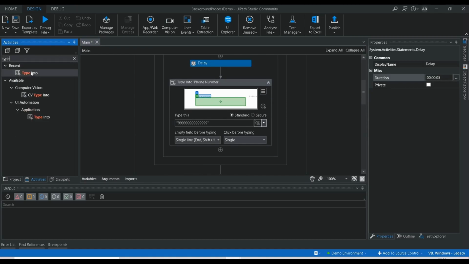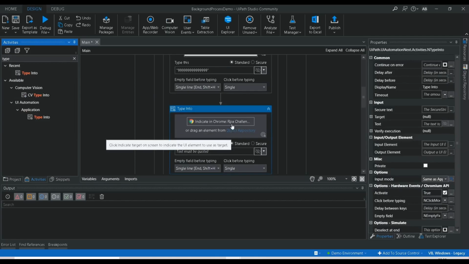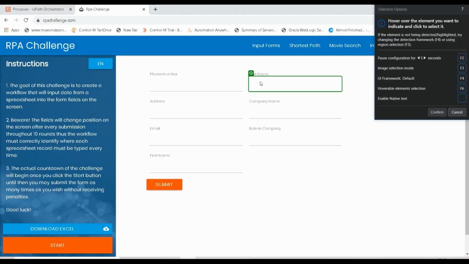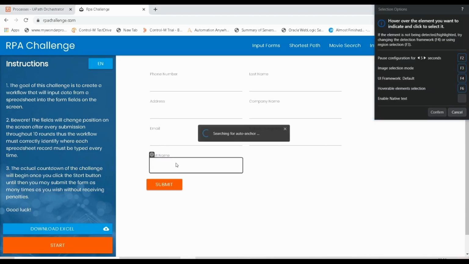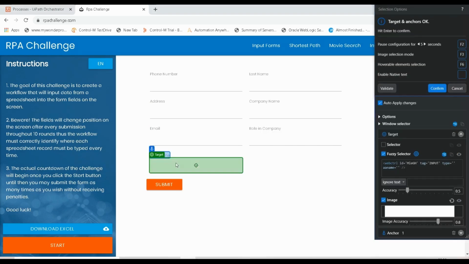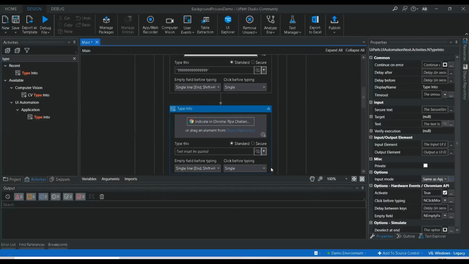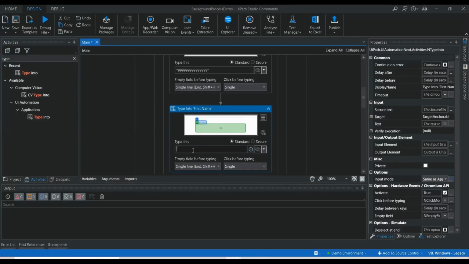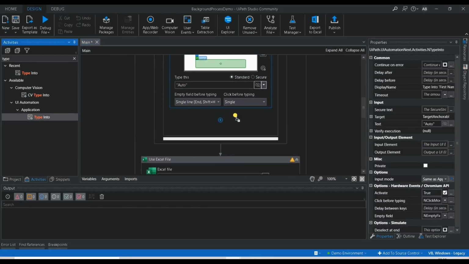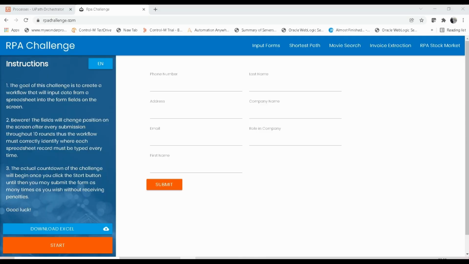Okay, and if you want to add one more value, that also you can do. Let me add one more type into, and we can add one more value. Let me add it to first name. Okay, I'm going to give the value like a photo, and we can enter the last name also.